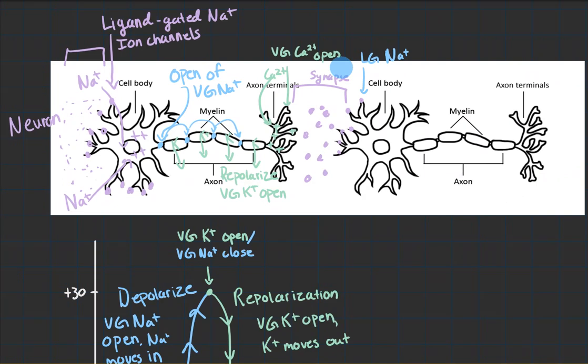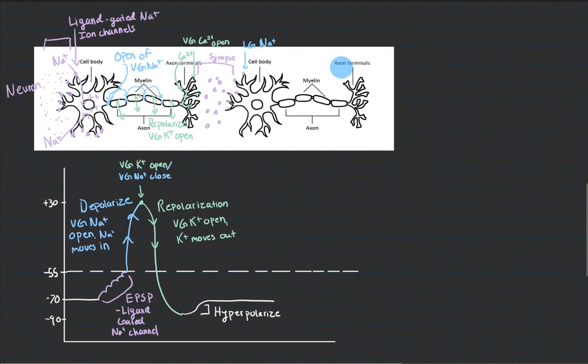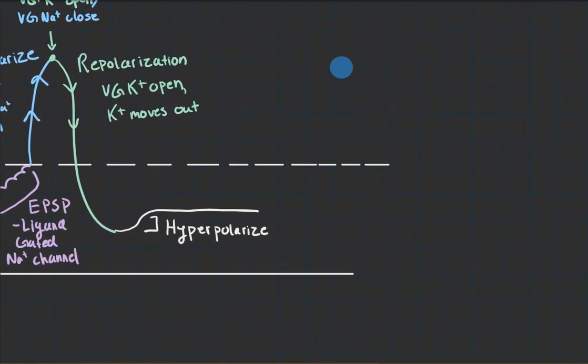So in the cell body and the dendrites, it's a ligand-gated sodium channel. In the axon, it is the voltage-gated sodium channel for depolarization and a voltage-gated potassium channel for repolarization. And in the axon terminal, it's the voltage-gated calcium channel for neurotransmitter release. Okay, so that's all I had for the drawing, but let's come down here and do one more thing on